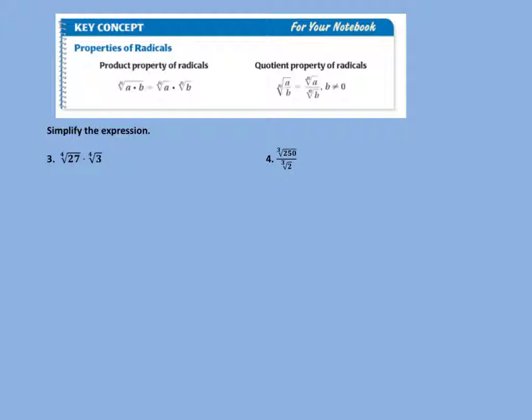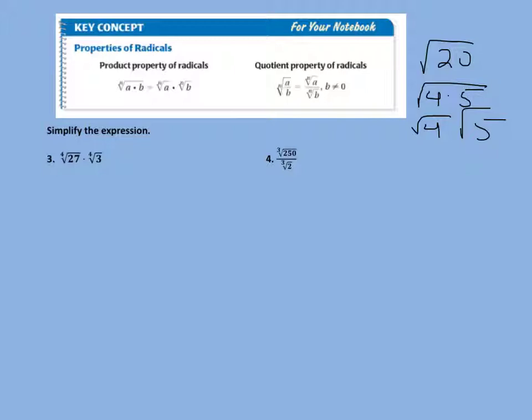Okay, so properties of radicals. Product property. See how it has the nth root of a times b, and we can separate it? We've been doing that. For example, when we simplify square root of 20, we can change that to square root of 4 times 5, which is square root of 4 times square root of 5. Well, that means for anything. Okay,